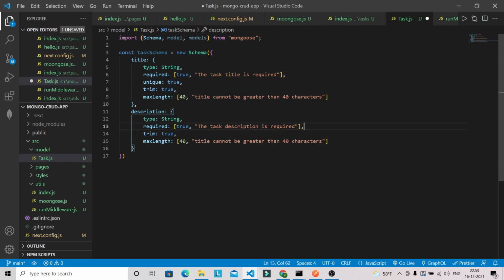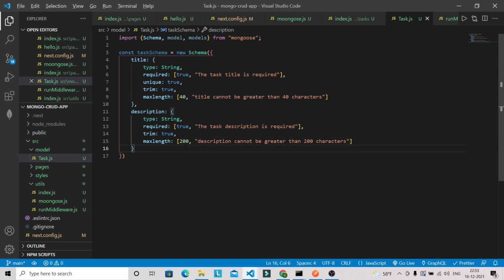Okay, and trim we can specify true, and we can specify the length, so it will be 200, and we can give here like description cannot be greater than 200. Okay, so we can change here as well, it will be 200.